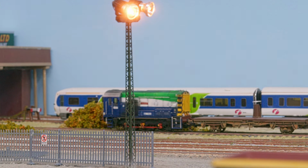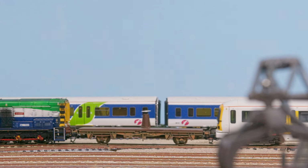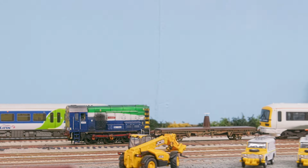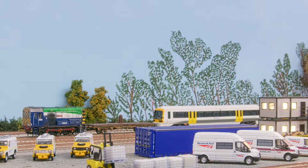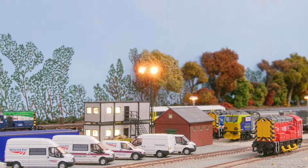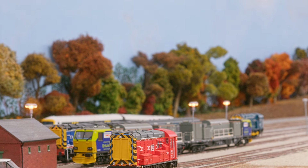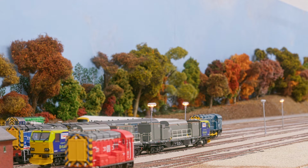So now the shunter is heading towards the incline down to the underpass. You maybe can't see it, but the entire layout is on a 2-degree incline from left to right, and I did it like that so that my drop away inclines that go under the underpass would be as gentle as possible. Well, I did a 4% incline and found that the trains I wanted to recreate wouldn't go up and down it in model form, so I literally reset the baseboards of the main layout left to right, and it's got a 2% incline from one end to the other, which has correspondingly meant I could drop the incline